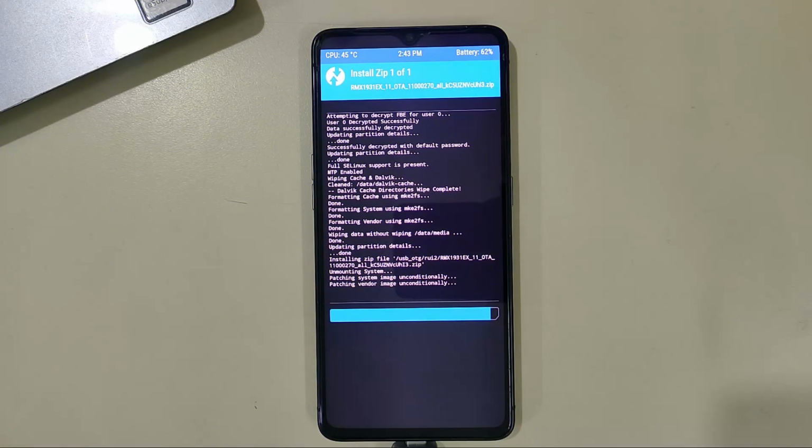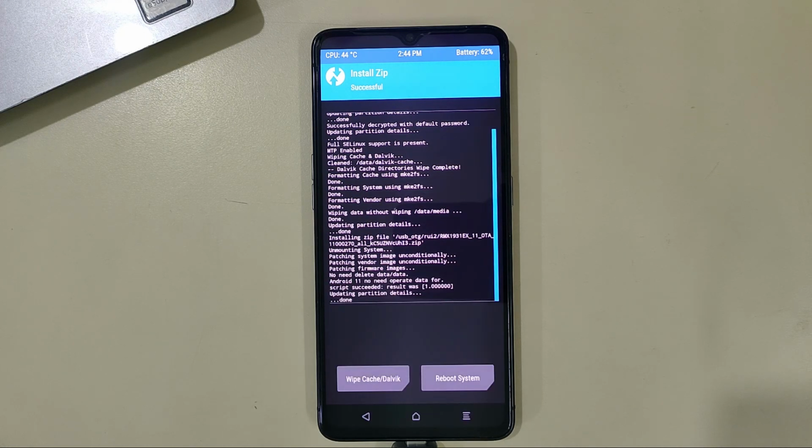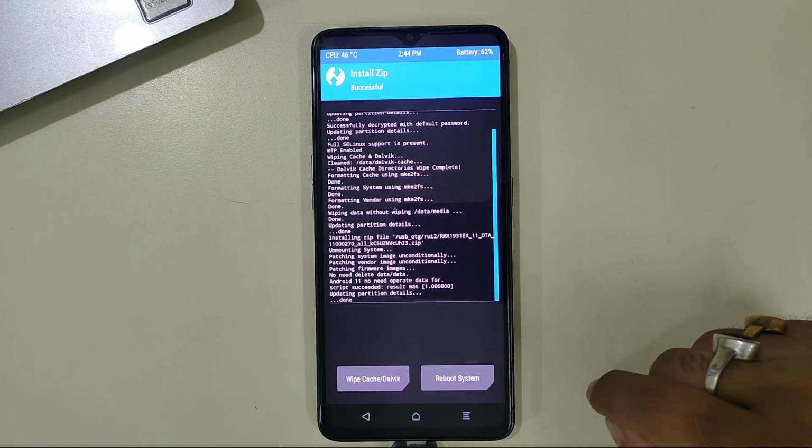As you can see, now our installation is almost complete. So we will now go to the next step. And wait, don't go from here, because this is not the end. Because if you just reboot it from here, it will not boot. So we have to do some more steps. And also I will show you, if you don't like the Realme UI 2, how you can roll back to Realme UI 1 and then shift to the custom ROM or the ROM which you want. So stay tuned. As you can see, the installation is done.